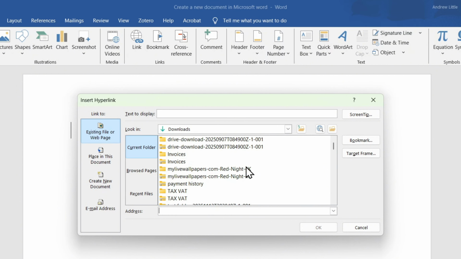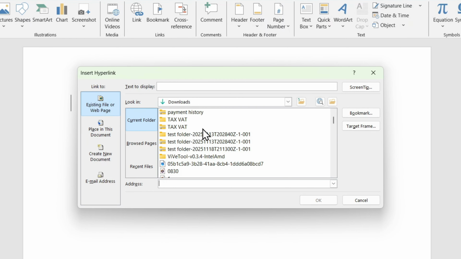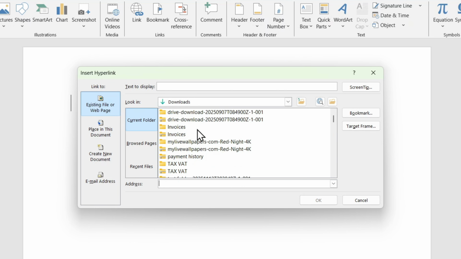Now, one key important note is that this file is local. So, for example, if you want to share this file with someone, this may not be the right approach to take. And I'm going to show you the best way how to do that if you want to share the file with someone. But for yourself, let's say I want to use this document for myself and I want to remember,